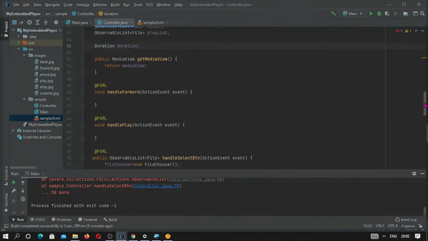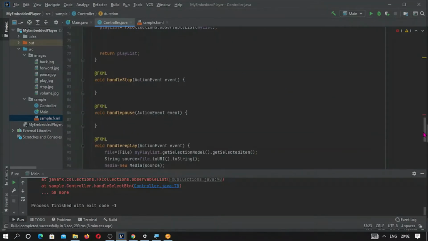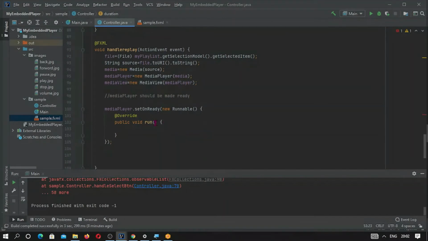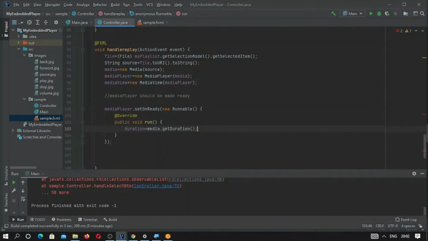This duration will be media dot getDuration.